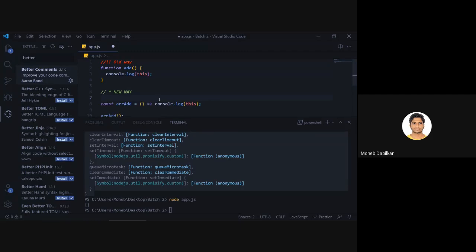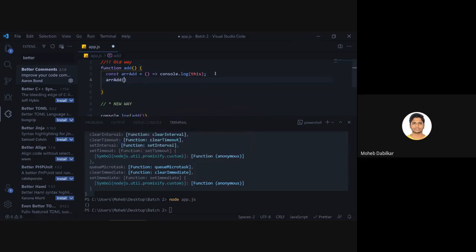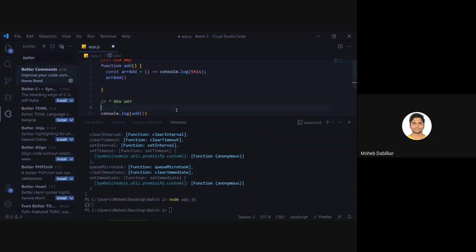Instead of using this right now, if I just put this as a function inside this, we will call it from console log add. So now instead of returning us an empty object, it should return what this function can. Let's just hope that it works.